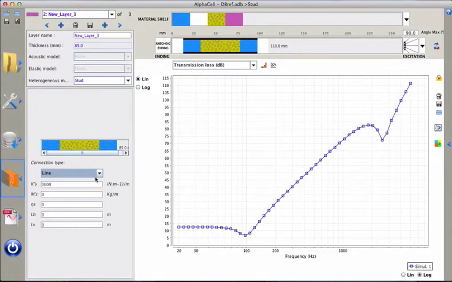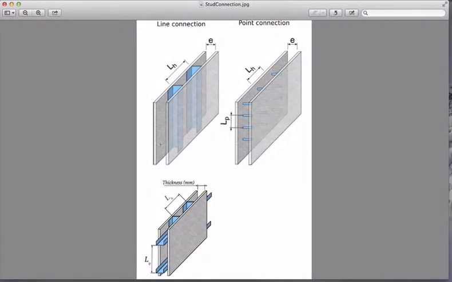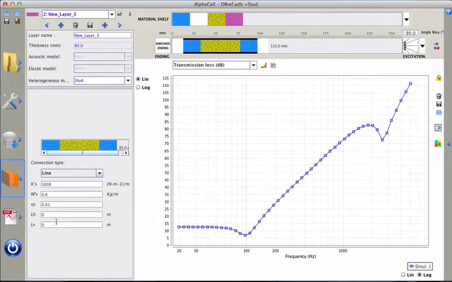So first we will choose a line connection, so I have to enter the value of stiffness, so this comes from measurements. So this is the mass in kilogram per meter, and this is the stiffness in Newton per meter. So the mass, for example, is 1.6 kilogram per meter of our studs connections. We can have a damping for our stud, so LH, the distance between, as we can see, two vertical studs. So here we can have, for example, 0.6 meter and 2.5 meter for LV,